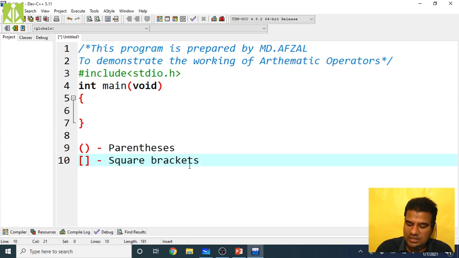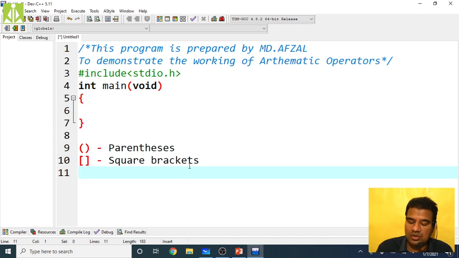Remember all these things, or if you have running notes, just note down all these things, because these things are not there in your notes. Many times you people were asking, sir, what should we write in our running notes? All these things you have to write. Parenthesis, then we have square brackets. And this type of programming you will not see in your notes.